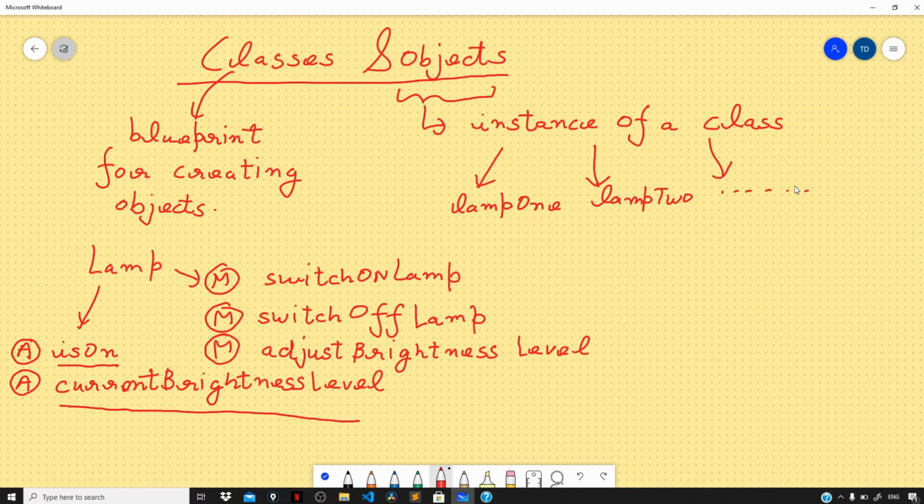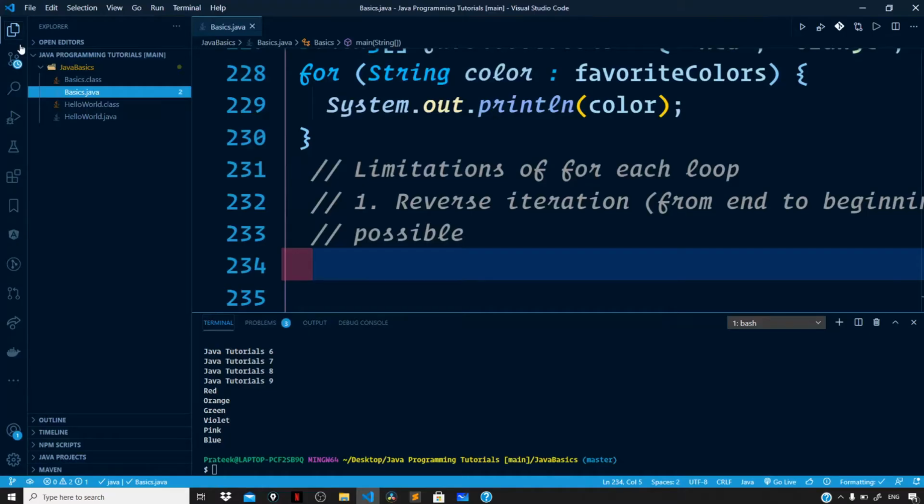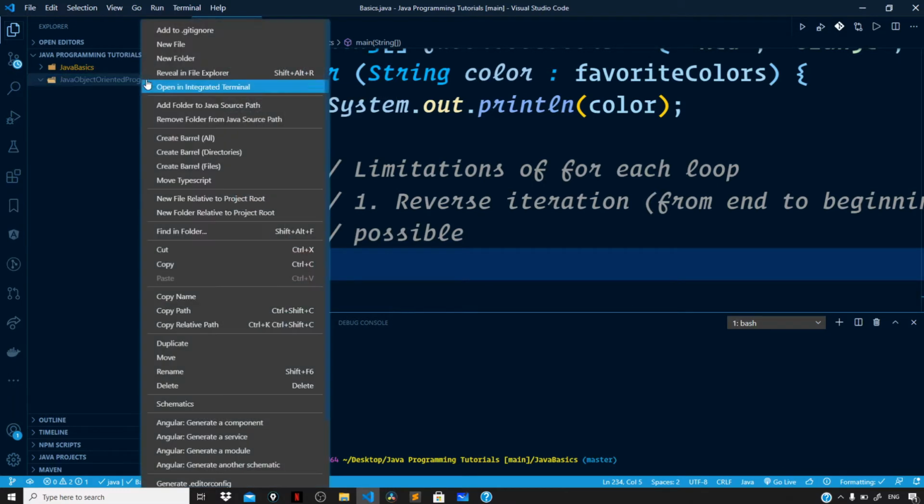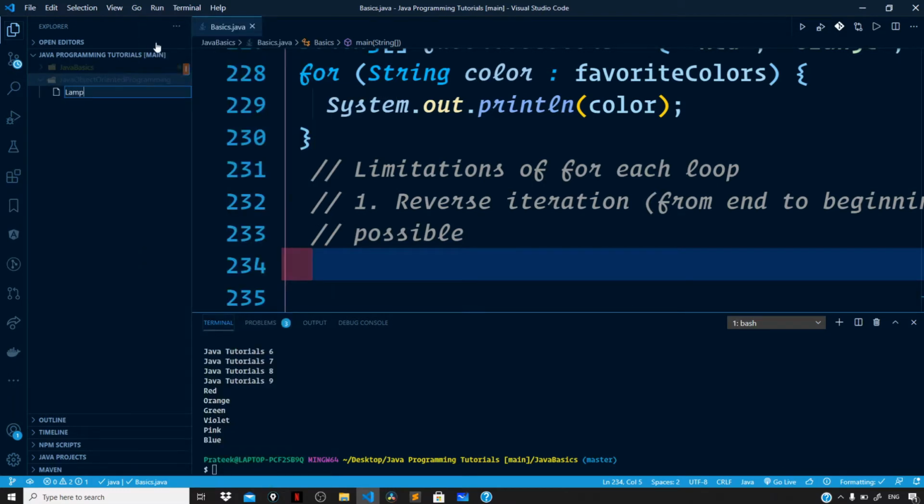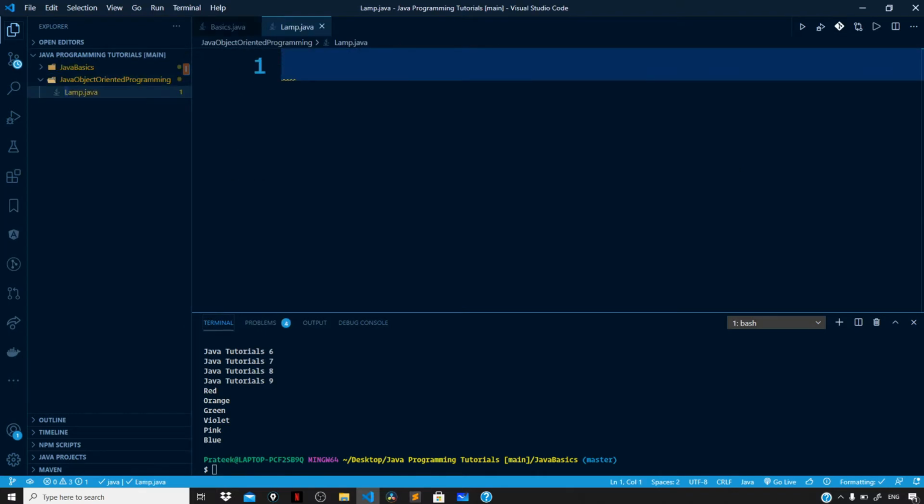Let us head over to our Visual Studio Code and create a new class in Java. Right inside here, create a new folder, Java Object Oriented Programming. Now inside this folder, let us create a new file, Lamp.java. Now let us start writing a class. So, public